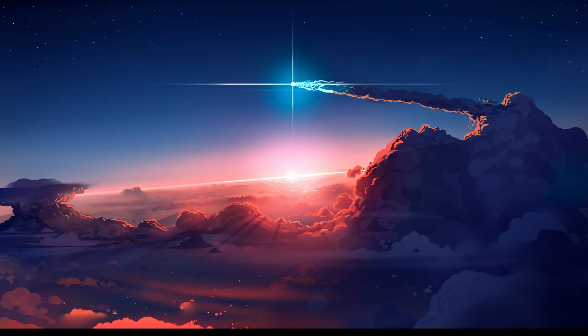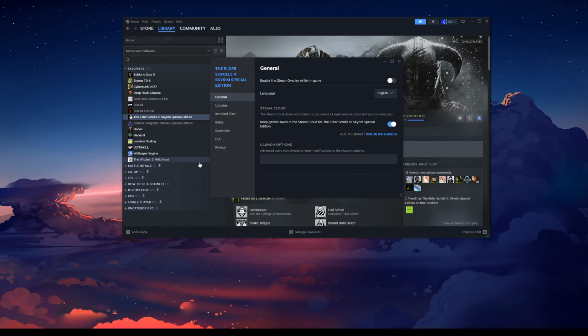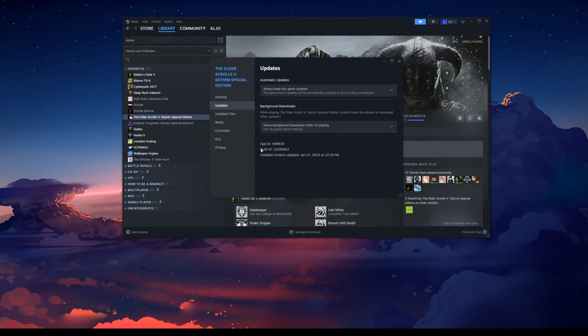And the next stuff we're going to want to do before we get to Wabbajack itself is the Steam setup. So hopefully you've had the game installed and you've run it before. If you haven't, make sure that the game is on the most up-to-date version. That version is currently 1.6.1170. If you go to installed files, or if you go to updates, it will look something like this, with